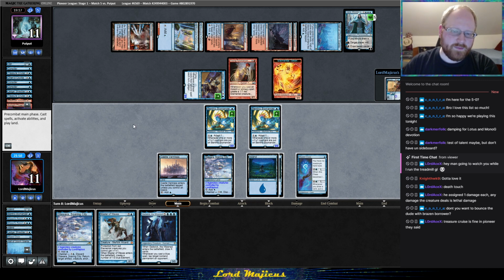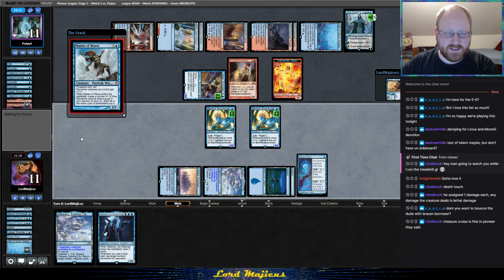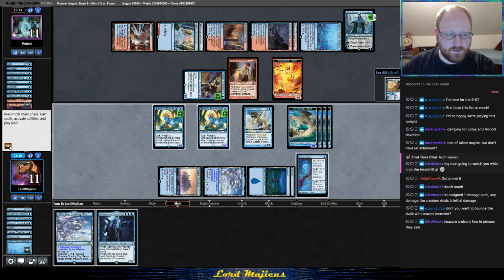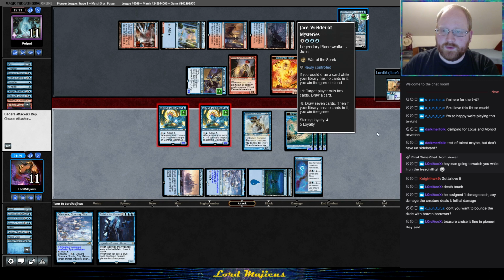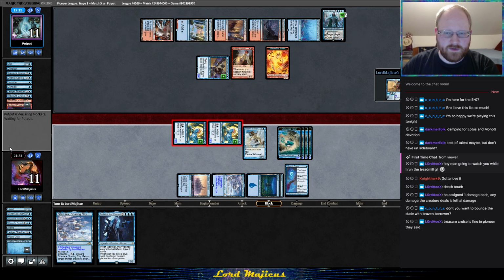I really want to play this Gadwick so badly, but I think I have to play Master. So I just don't really have a reasonable way of winning otherwise. Like, I don't think they're going to trade Pyromancer with one of these things, so